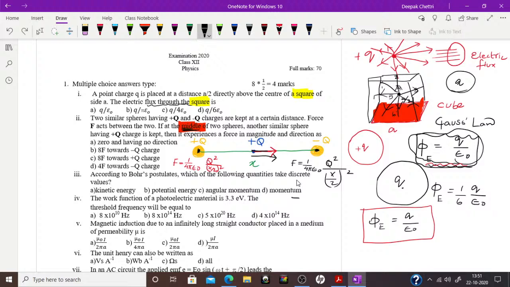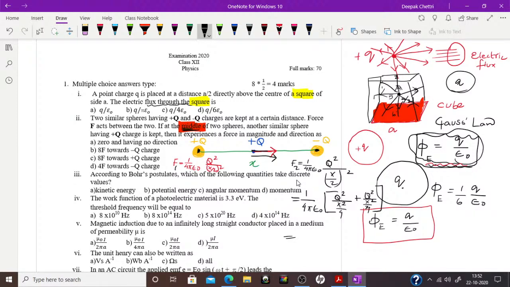look, if I add them, what will I get? I'll get 1 by 4 pi epsilon naught, right. This is common between these two. Let me call this f1, let me call this f2. Between f1 and f2 this is common, so I am taking it outside the bracket. So what will I have to add inside? Q square by x by 2 whole thing square, what is that? X square by 4. Same way here, q square by x square by 4,